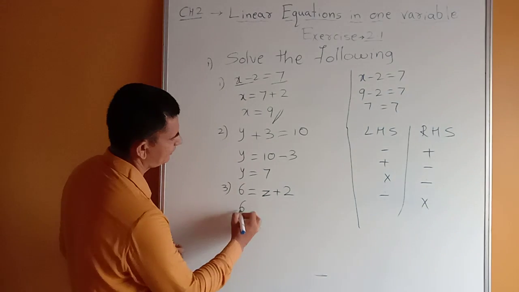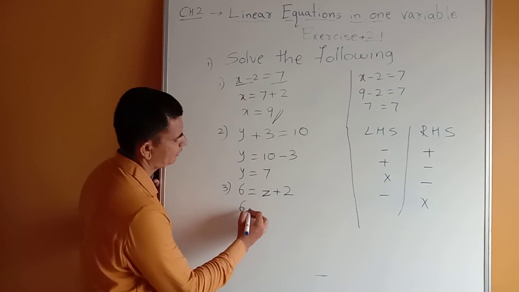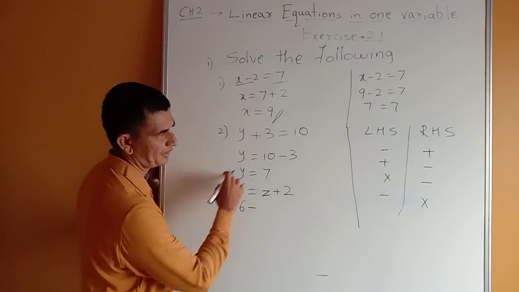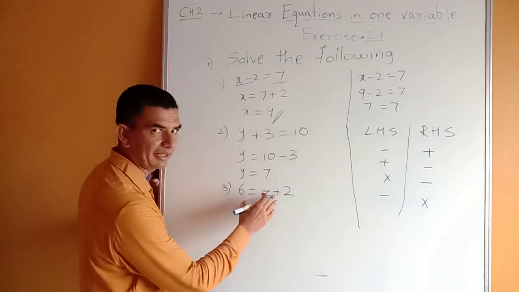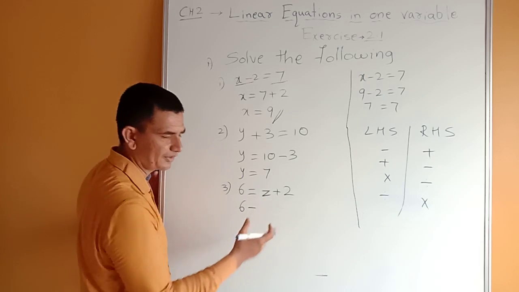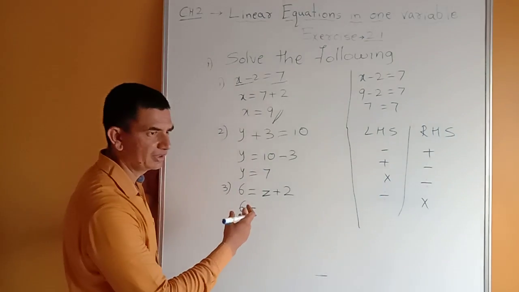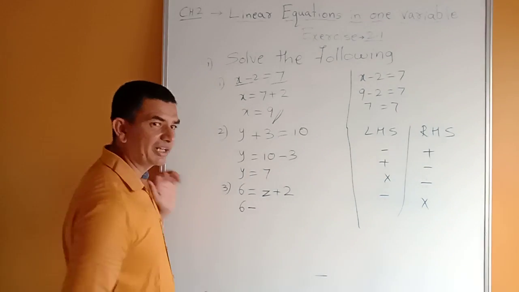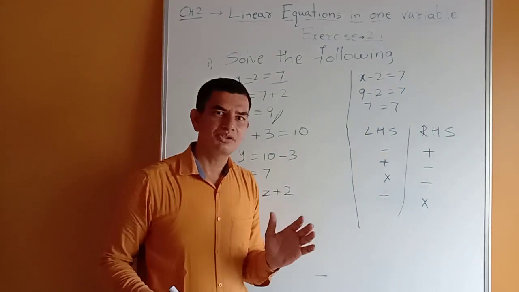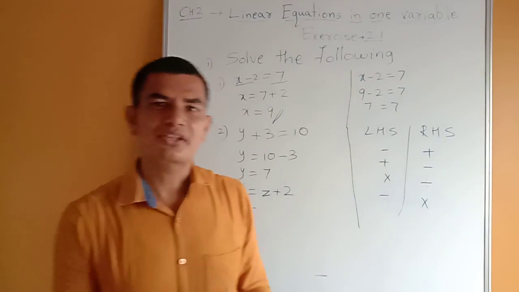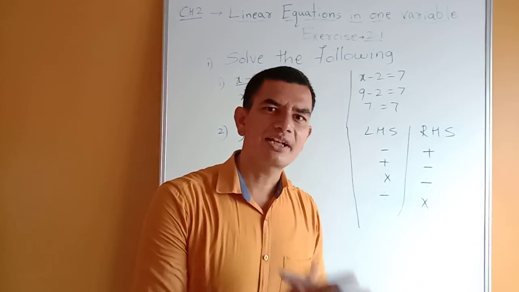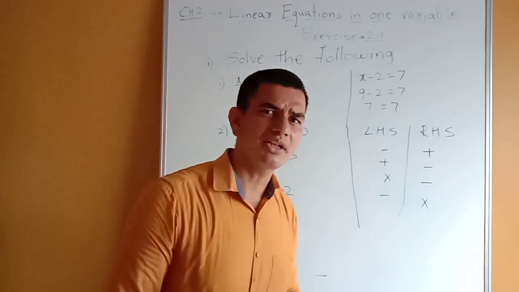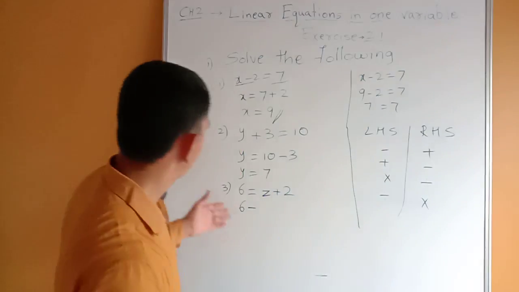So 6, we can bring this 2 to the left hand side. That's why I told you, whether it may be LHS or RHS, you have to take it to the left hand side, because both are numbers. Because already you know about like terms and unlike terms. In like terms we can add, we can subtract. If unlike terms are there, we cannot add, we cannot subtract. In multiplication and division it is a different rule.